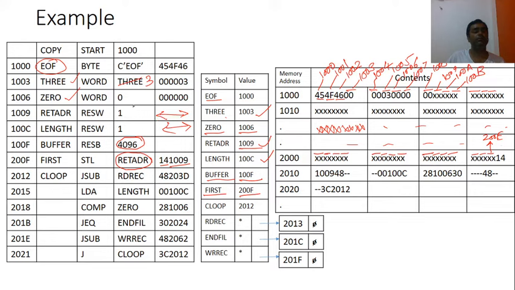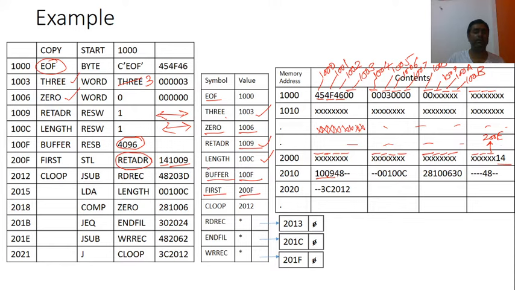Generally in the exam, this program is written with the object code just for generating confusion. You will see what the confusion is. What is the value corresponding to RETADR? 1009. So it is written here 1009, because RETADR is defined earlier here. So there is no forward referencing. So this object code 141009 will be loaded. Here it is loaded.